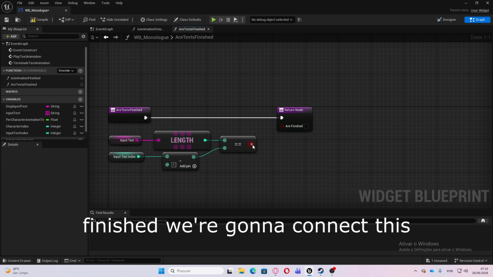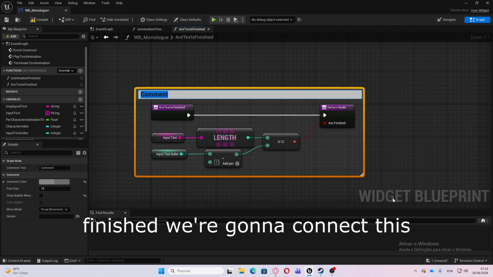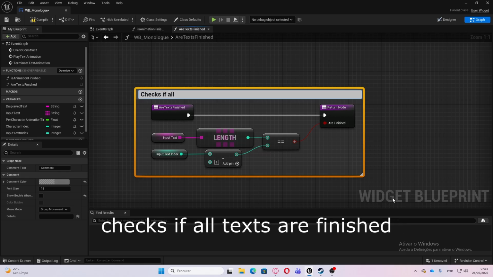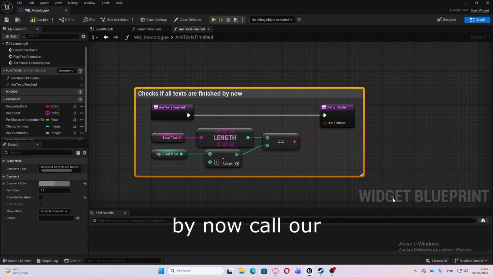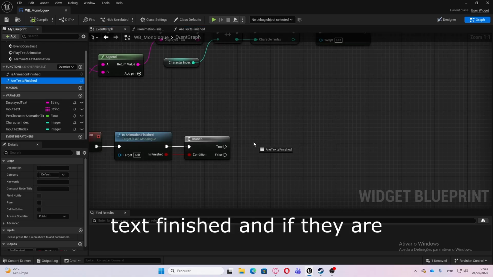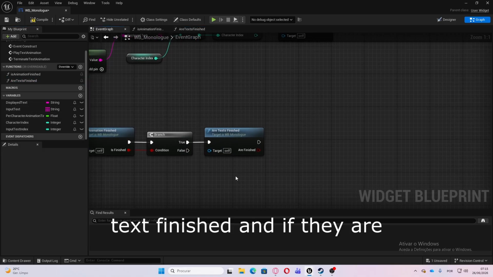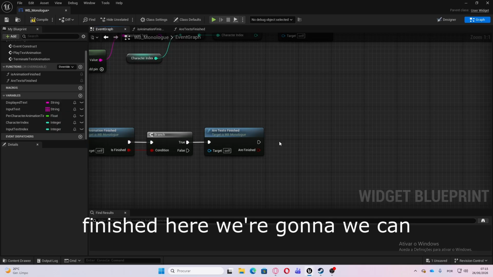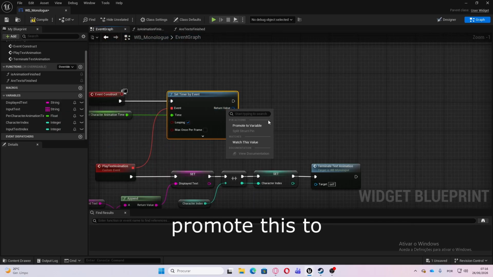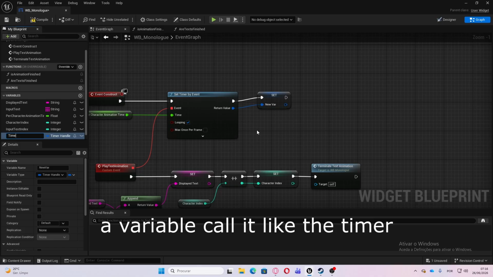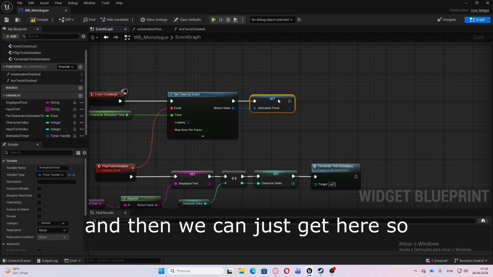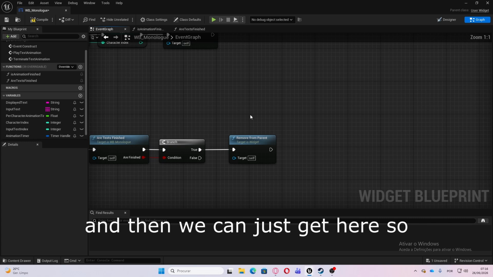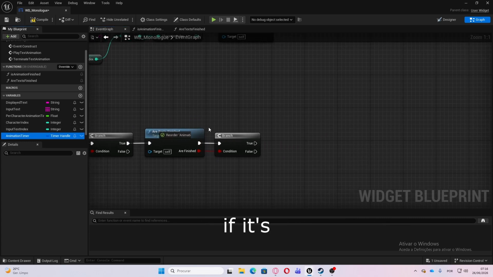Are finished. We're gonna connect this. Checks if all texts are finished by now. Oh, call our text finished, and if they are finished here, we can promote these to a variable, call it like the timer, and then we can just get here. So if it's valid,